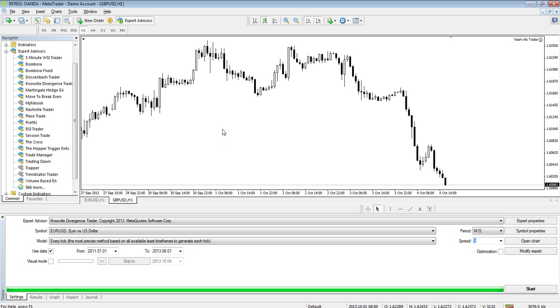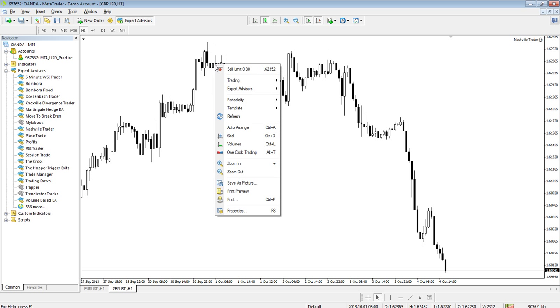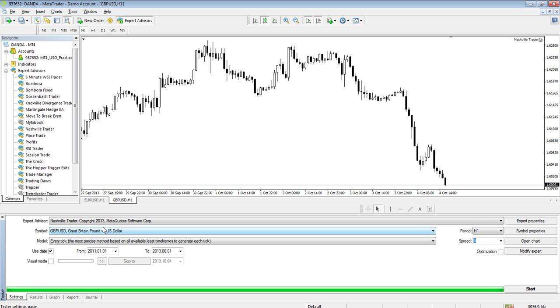Alright, now for back testing. Let's say you want to back test one of these in MetaTrader 4's strategy tester program. There's a few different ways to open the strategy tester program, and I'll exit out of it now so I can show you. First, you can right click on the chart, go to Expert Advisors, and then go to Strategy Tester. That'll open it up on the currency pair that you have it on, with the expert advisor that you're using, the Nashville Trader pound dollar, and on the period that you're using. So just make sure that you check all three of those if you want to have it done